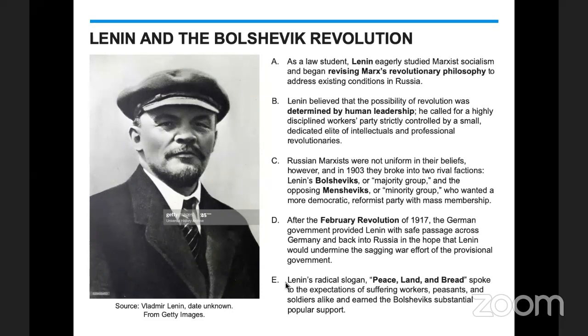So the February Revolution of 1917, which Katie just talked about, was the March Revolution. The German government provides Lenin with safe passage across Germany back into Russia. He's been in exile in Switzerland. I always tell my students, I sure would like to have been in that room when the Germans are negotiating with him. You wonder what was talked about and promised. We're going to send you back, and here's what we want you to do. You have to believe that part of that agreement, though there's no record of it, would have been, yeah, you need to end the war so that we Germans can fight a one-front war. That's my speculation.